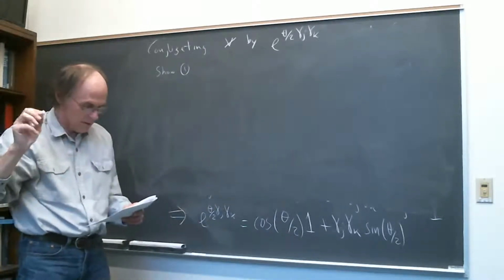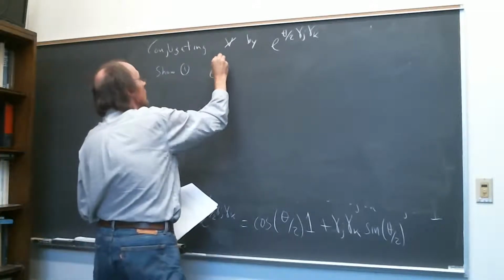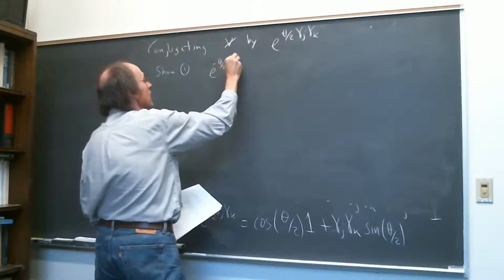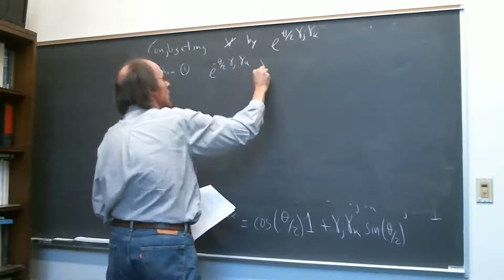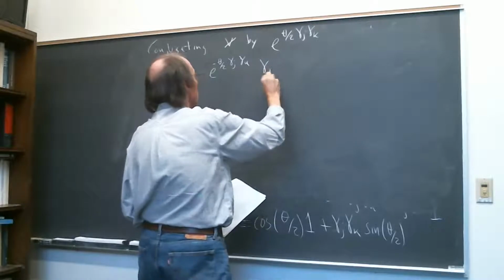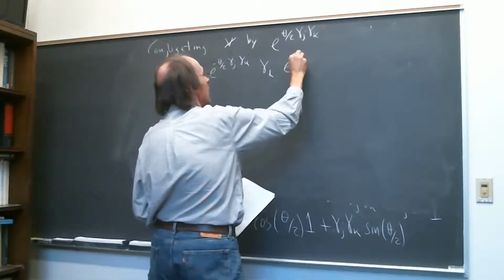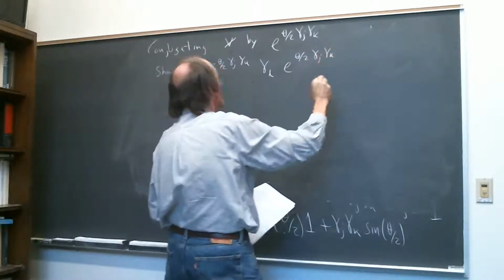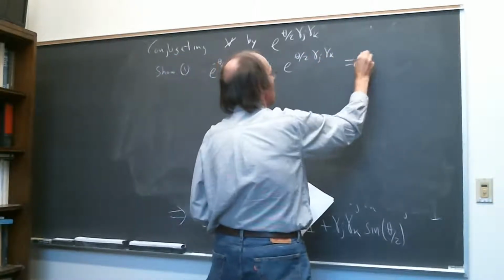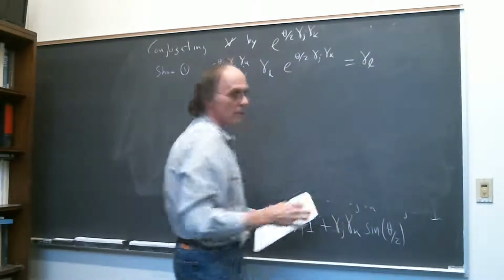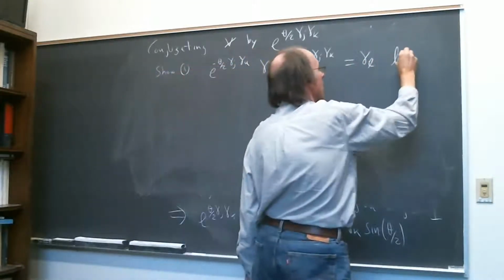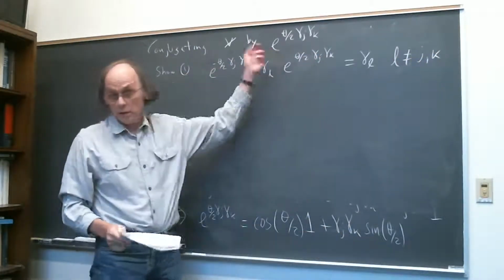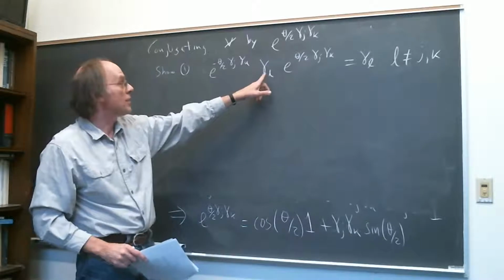So then e to the gamma j gamma k gamma l e to the k is equal to... if l is not equal to j or k. Okay, so if l is not equal to j or k, then you can use that it anti-commutes